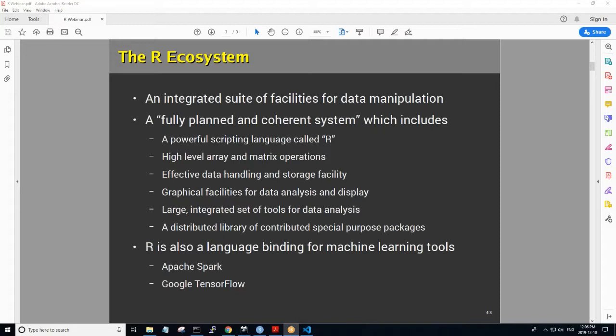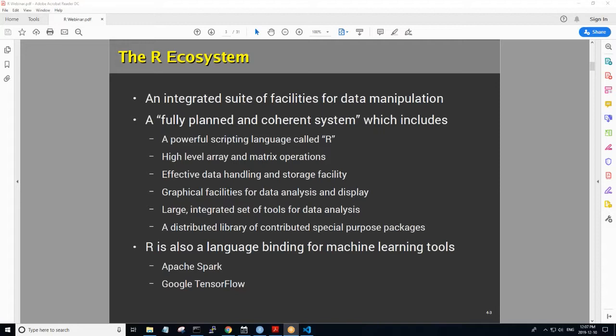It is a language where data scientists can experiment with their data, profile their data, understand the quality of the data, write scripts that manipulate the data, and share those scripts with colleagues so that when you come up with analytical models, you can show your peers exactly how those models were created, and they can reproduce those results. So this is very much a tool oriented towards data scientists, as opposed to something like Python, which is a general programming language which also does data analytics. R is not intended to be a general programming language. It is specialized for data analysis.